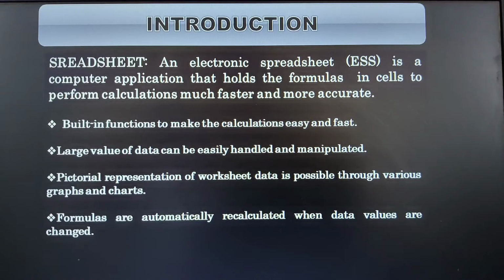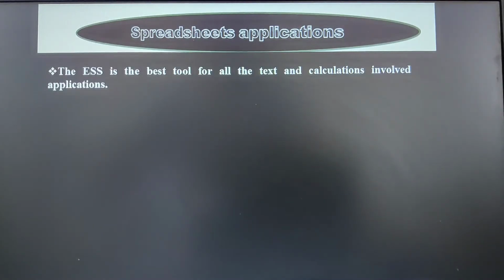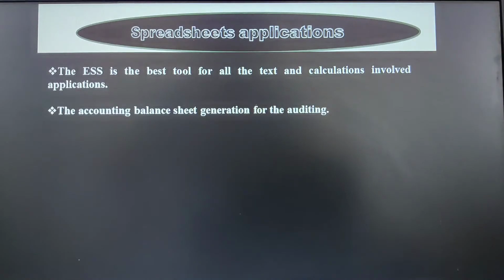Let us move on to the applications of the spreadsheet. So where exactly are the spreadsheets extensively used? As I said, spreadsheets are used whenever we have to handle a huge amount of text as well as perform calculations. Apart from that, spreadsheet is also extensively used in generating the balance sheets during the auditing process.